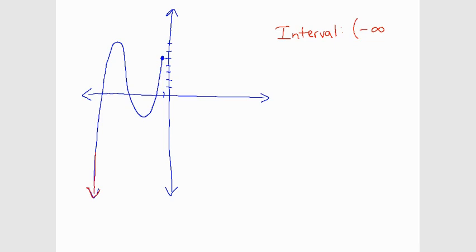Now, normally with domain, we look at the endpoint. But with range, we can't just look at the endpoints. We have to look at any points that might be above. And I notice this point right here is above, and it happens to be the absolute highest point on the graph. So if we trace over really quick, it looks to be at about 7. So my range would stop at 7. And I'm going to use a bracket because there is no hole there to indicate that the point is not included. And if we go ahead and do inequality notation,